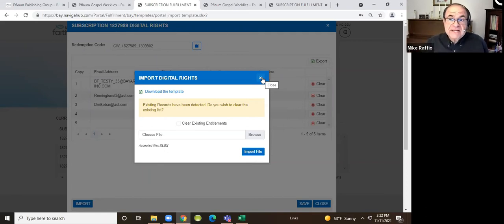And when the parent creates the account, because you have already registered them here, they will have access to all of the additions that you gave them. So in this case, if we only listed Promise for this one family, when they went and created an account, their library is going to show them Promise. But if they have 3 children, Promise, Venture, Visions, let's say, if you've entered their email address in your Promise, your Venture, and your Visions orders, they will now see all 3 when they come to their library.